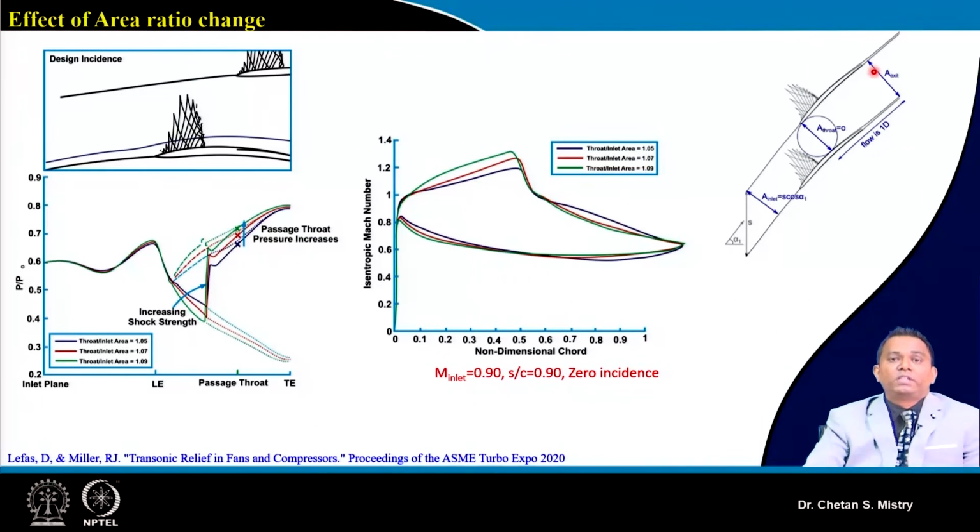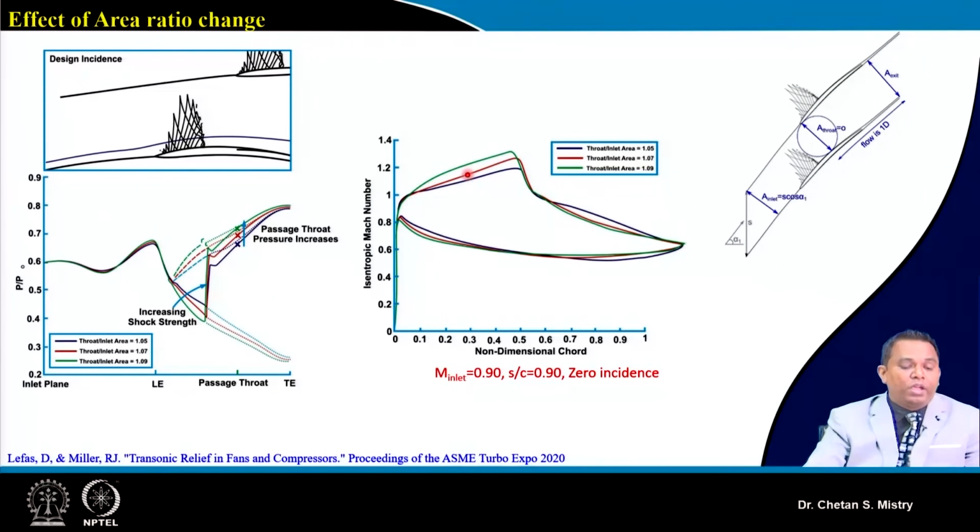So, for this aerofoil, the design area ratio is 1.05. This is what represents what is happening with our isentropic Mach number. If we look carefully, if we are changing our throat area, the location of my shock is what is changing, and we are having different configurations of the acceleration that is happening on the suction